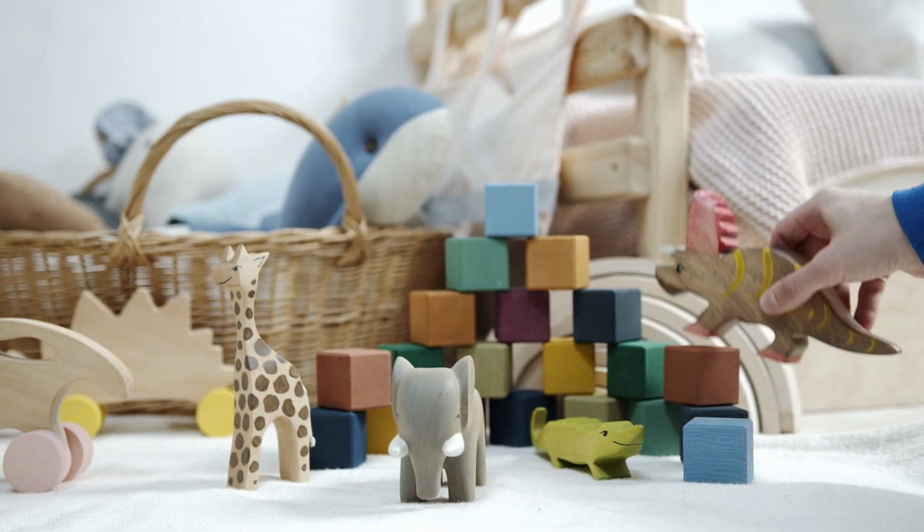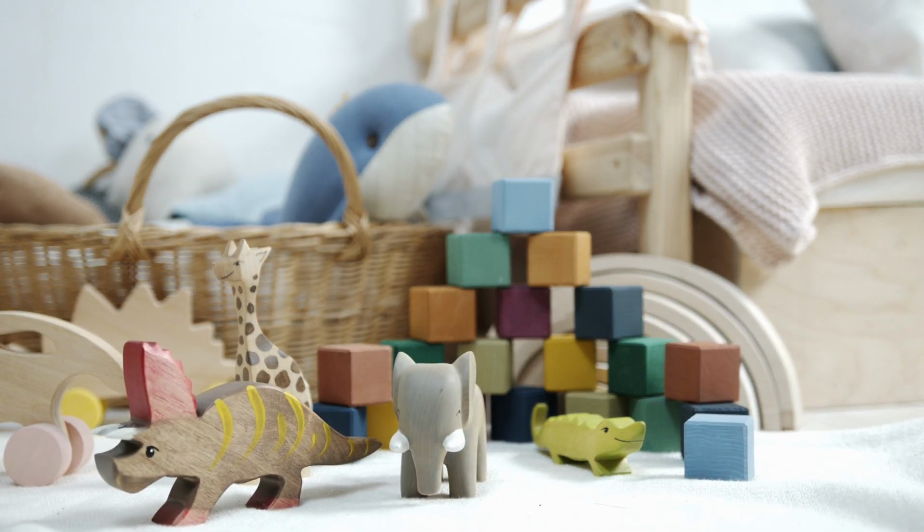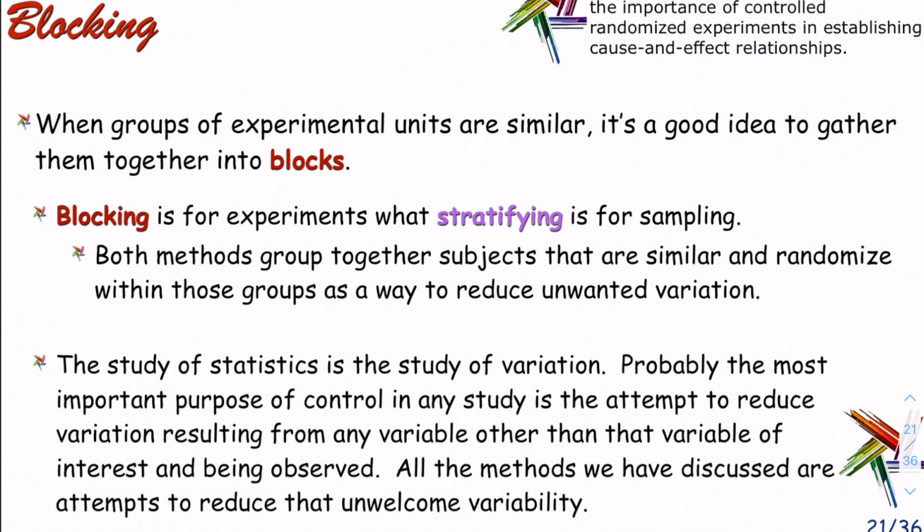Now, to reiterate the point from last video, we brought up the idea of blocking. When groups of experimental units are similar, it's a good idea to gather them together in blocks. Blocking is for experiments what stratifying is for sampling, if that helps make a connection. The layers that are common, we want to group those together. Both methods group together subjects that are similar and randomize within those groups as a way to reduce unwanted